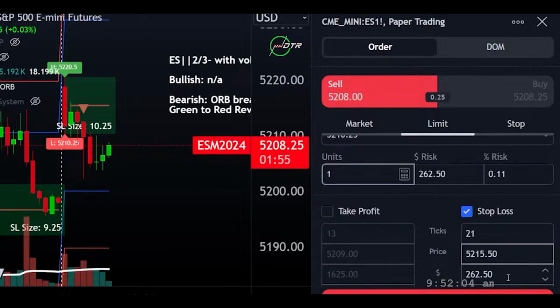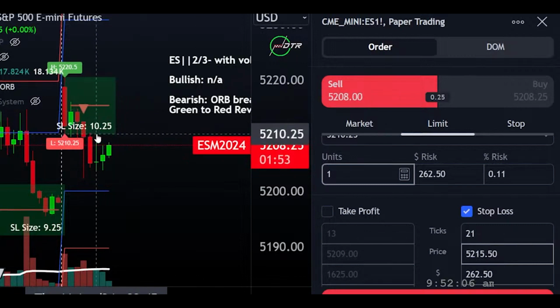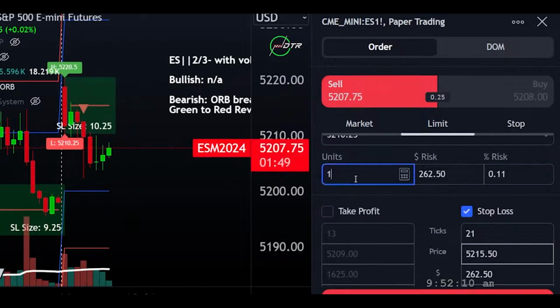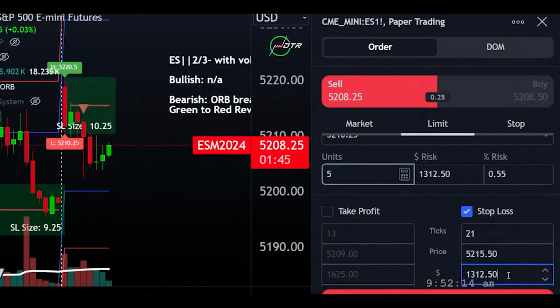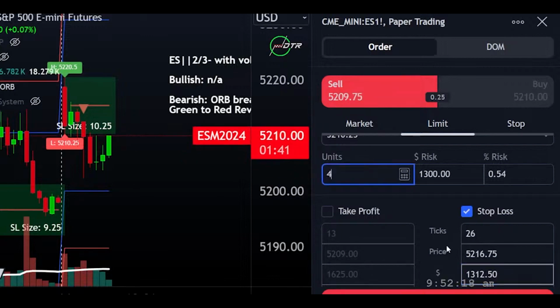I can either look to get an aggressive entry and get my 2-to-1 risk reward at this 52.10 and buy 5 units, and keep my risk just a little bit above that 1,300, so maybe 4 units, so that I could be under that price level. Or,